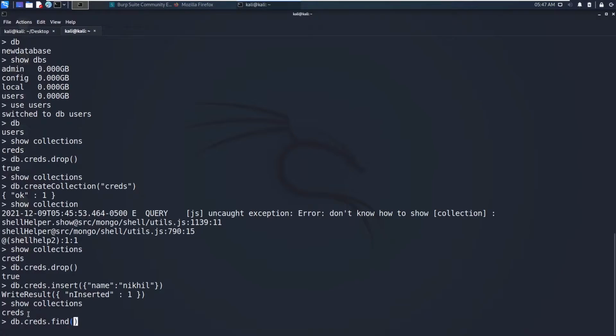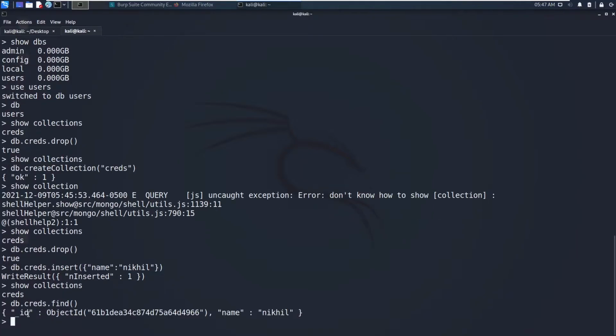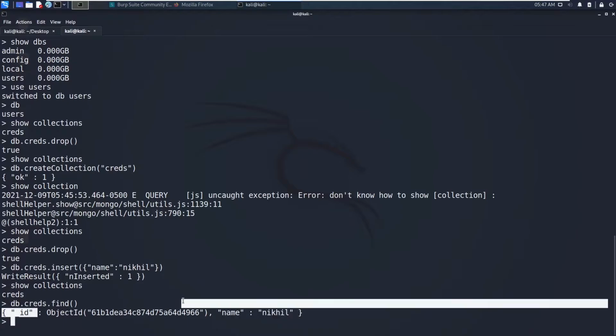So this find actually requires an argument, and if you did not give any argument, it will not apply any filter and it will show you all the result. Now if you hit enter, you can see there is an object ID and my actual data right next to it. So this object ID is a unique identifier generated by MongoDB for every JSON data. So you don't need to worry about this one.